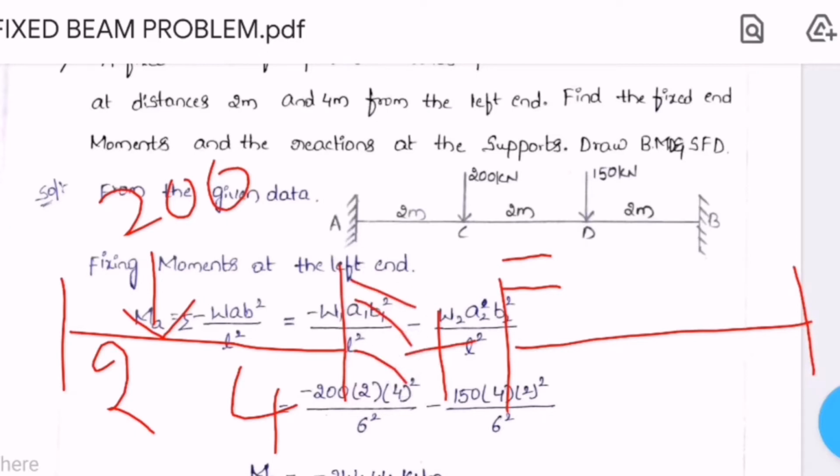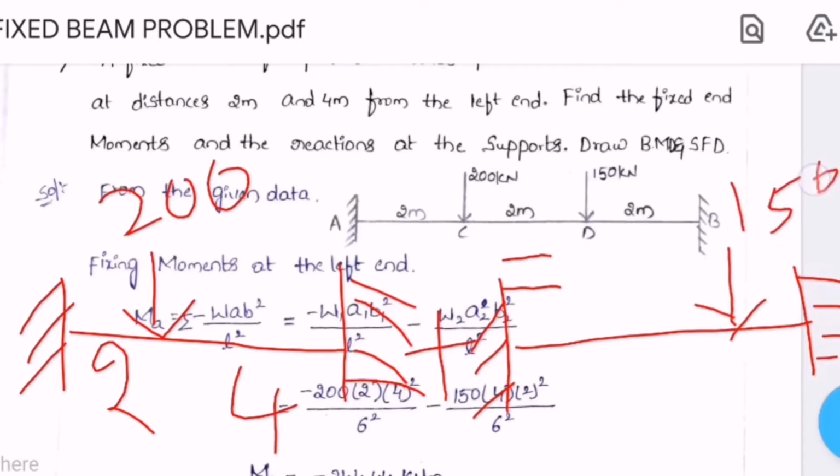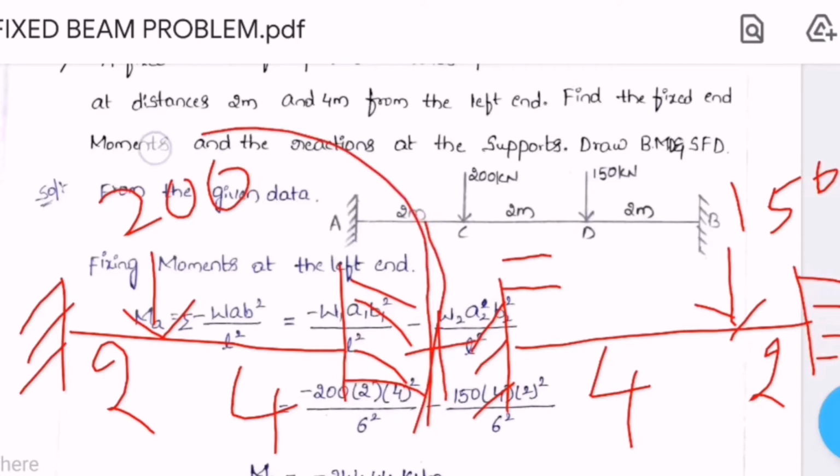This is important in fixed, this indicates that the beam is fixed, okay. And one more, this 150 kilonewtons acting at 4 from left and 2. So if you take only this beam,